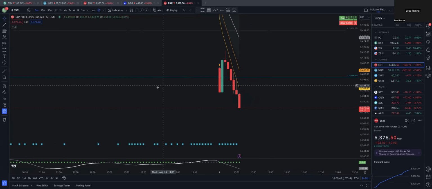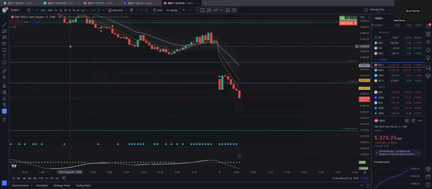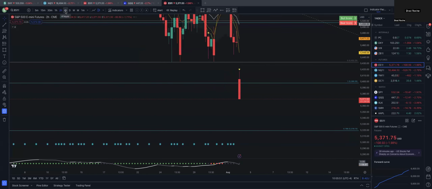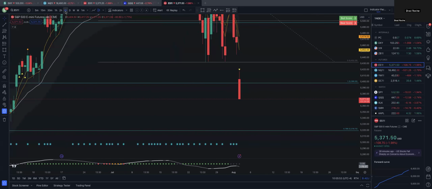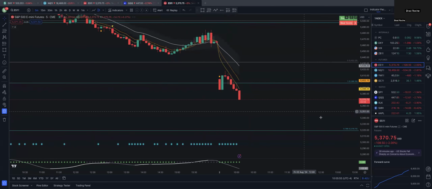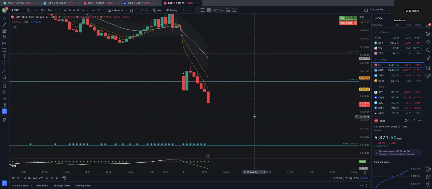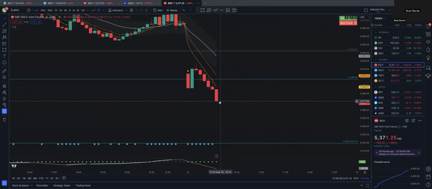Yeah, you can just see that weakness is really rolling through. And it's coming off the back of the 2-hour and the 4-hour sell signals. So that's kind of how you would look to play that. You can see we had some really strong weakness. And then